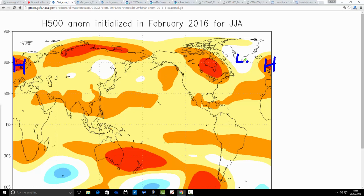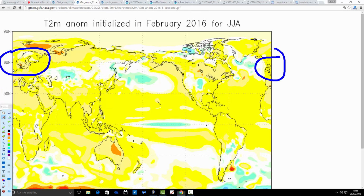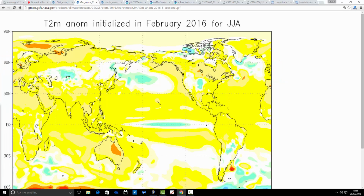This is the sort of thing you want to be looking for, because the jet stream is going like that. It's pushing well to the north of us. We're within a ridge of high pressure, but it is actually centred across central parts of Europe, so I'd expect a pretty hot pattern from that. If you have a look at the temperature anomaly for the summer, that's coming out significantly warmer than average, as it is through most of Europe as well, so a very warm, if not a hot summer being predicted there